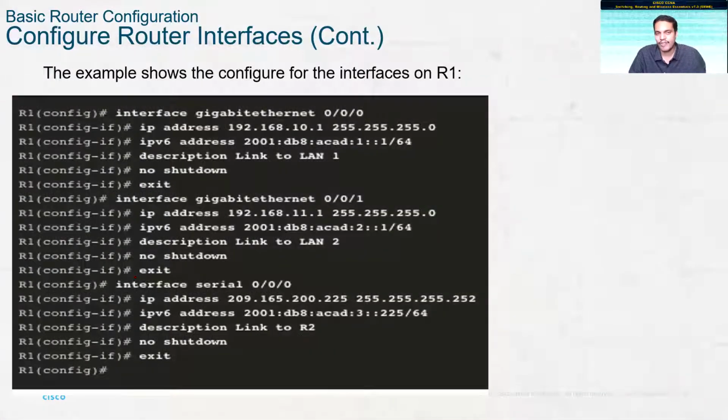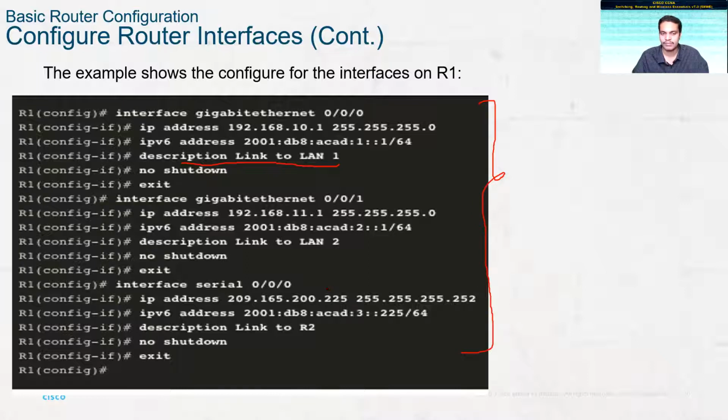Now, if you check it out, for a router, if I want to go to a particular interface, here you go, I use the interface command, and I can assign the IP address, the scheme. So IP address followed by the subnet mask, then the IPv6 address, and usually we should also provide a description. Description is useful for a network administrator to identify and understand the different interfaces present on the router. This is the way where you do the interface configuration on a Cisco router.